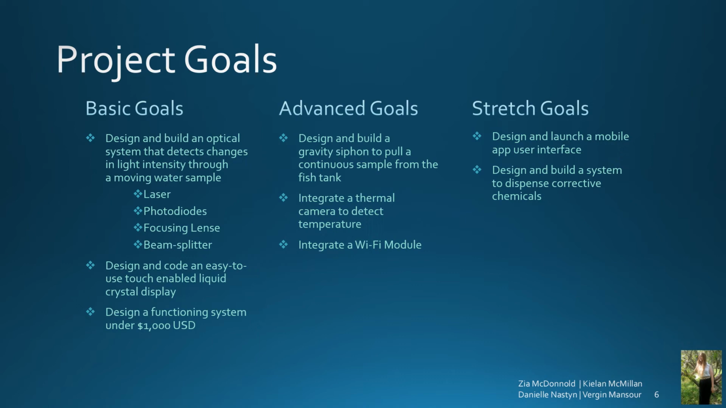Our basic goals are to design and build a system that uses the difference in input and output light intensity to get the percentage of transmitted light, to design and code a user-friendly touchscreen display, and to keep our budget under $1,000. Advanced goals: design and build a siphon system so that the fish tank can be continuously checked,